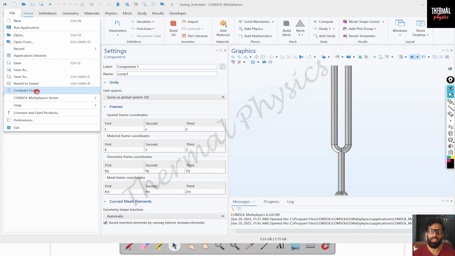It saves all the history related to that file, each and every step that we later want to see, what sequence we followed, what steps we took in order to build our project. All that history is also saved. That is why the COMSOL files are very large, because of this saved history. But if we want to reduce the COMSOL .mph file size,